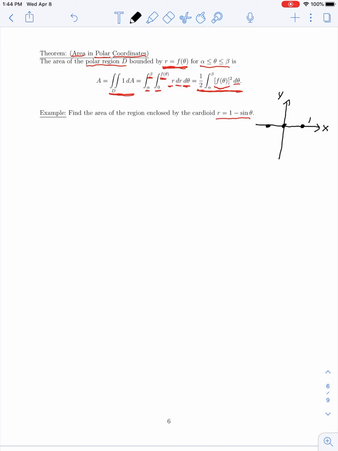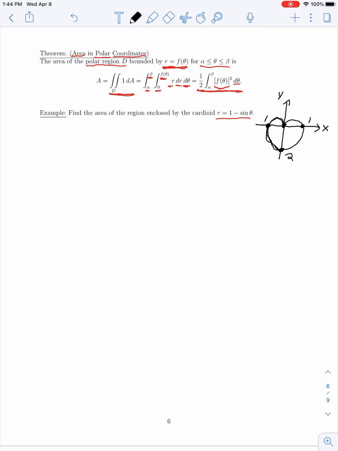So we're moving outward 1 unit from the origin along the negative x-axis. And then when theta is equal to 3 pi over 2, sine of 3 pi over 2 is negative 1. So we have 1 minus a negative 1, which gives us 2. So here our cardioid looks something like this,